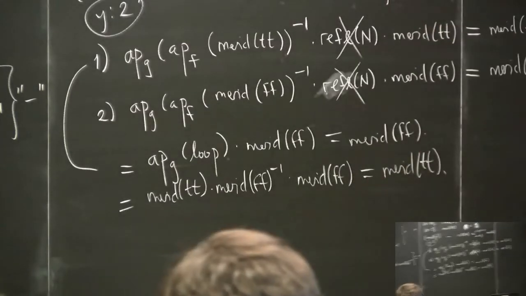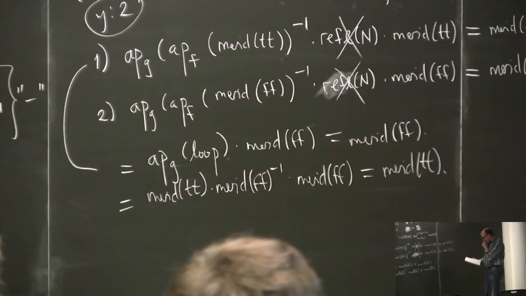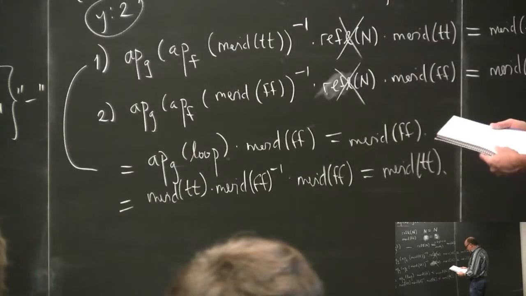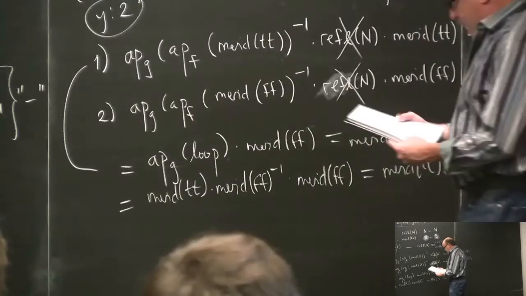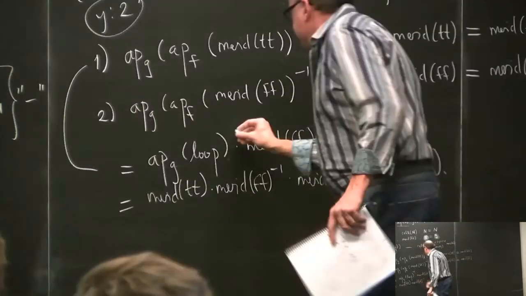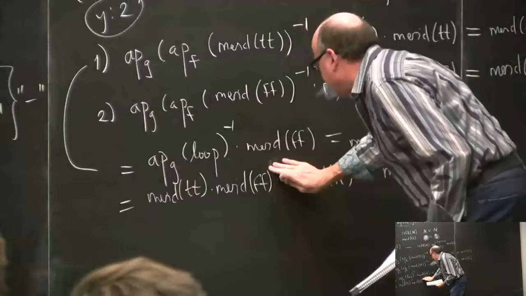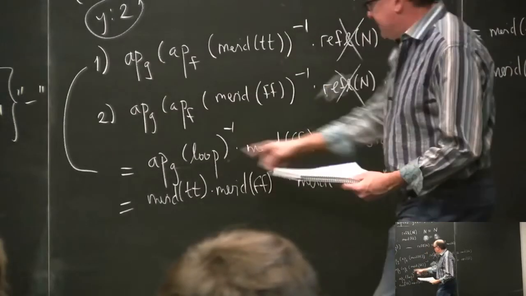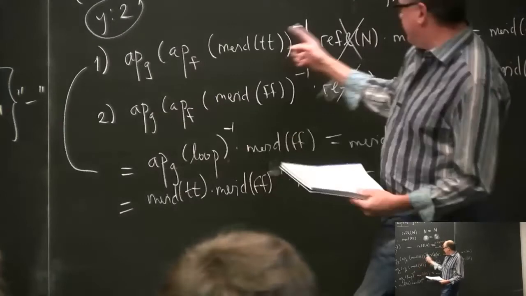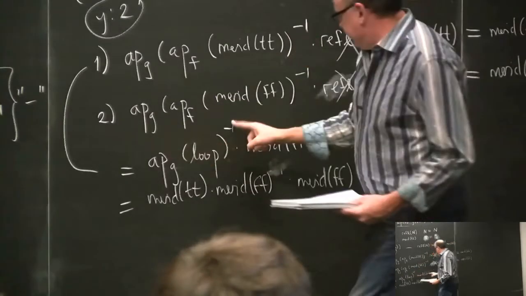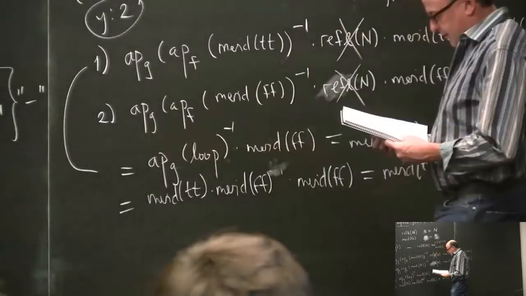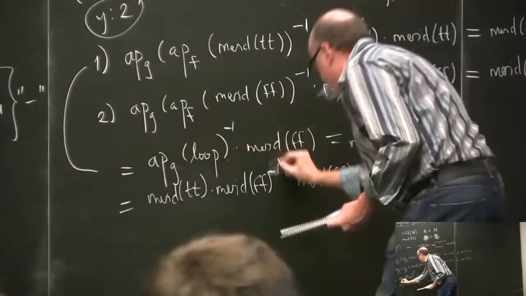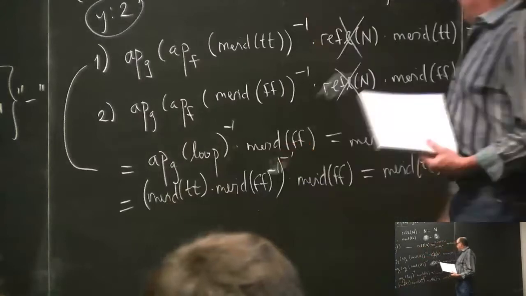It wasn't. What did I do wrong? Oh, wait a minute. I made a mistake here. Hold it. I left out my inverse. So this is inverse, and I did the app G of loop correctly, so hold on a second. This has to be inverse, right? I carried the inverse down and I forgot to do it. Okay, so this is inverse, times that. Okay, good. So then it's meridian true times meridian false inverse. That I did correctly, but I forgot to put the inverse here. Ah, good. Okay, so now,